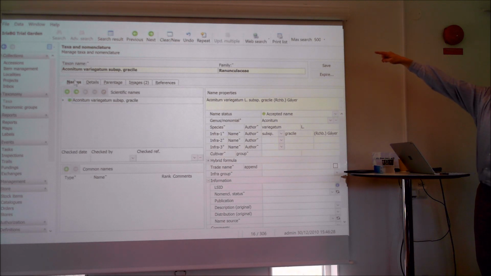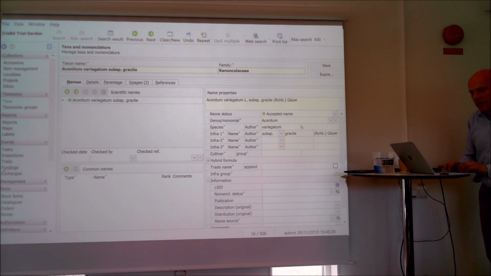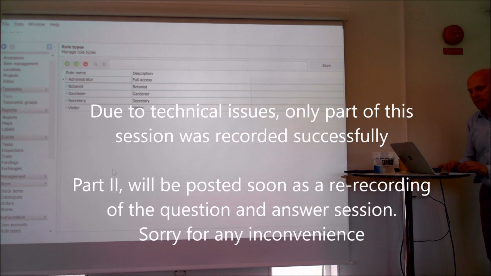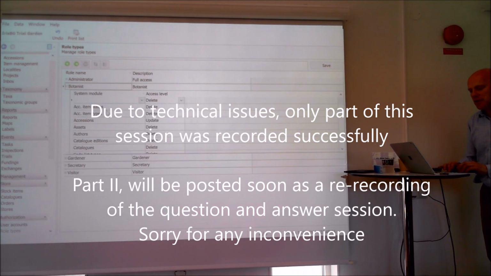To do the update multiple, I think, I can't say 100%, but if you can't do it, check, because there's also what's called, this is under management, no, sorry, under authorization role types. Let's say the botanist here, he or she, if you scroll down to the taxon screen,